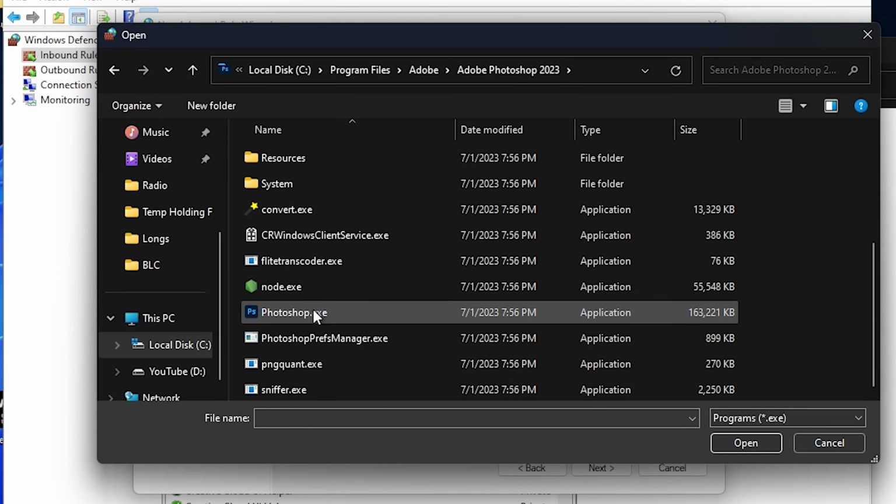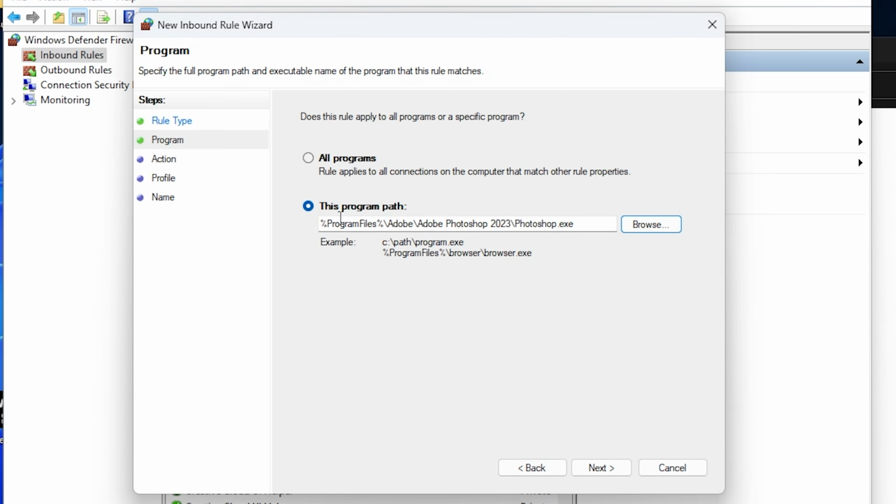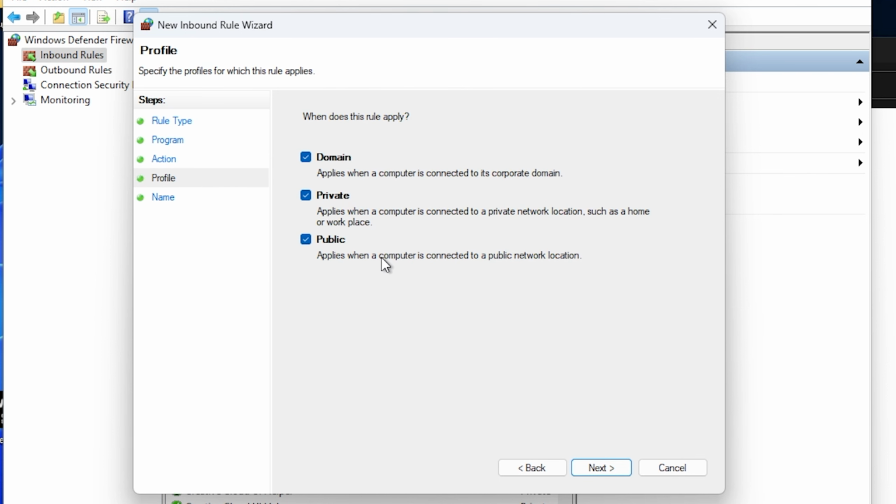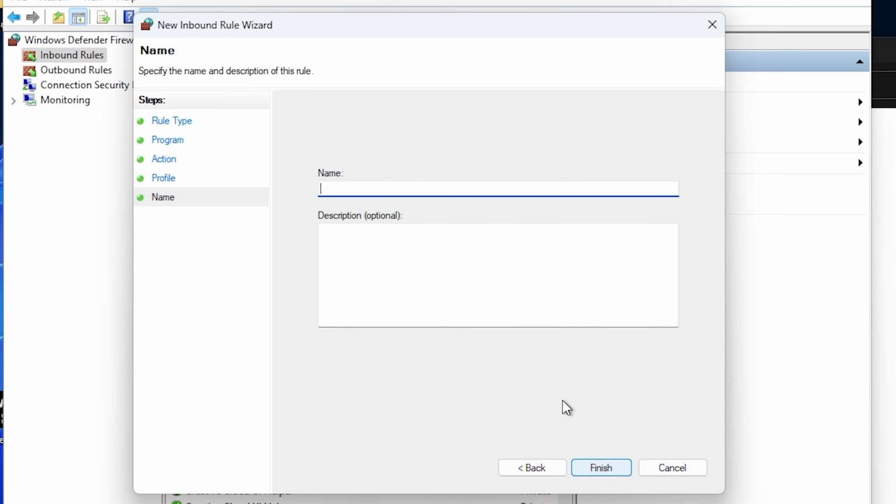Find the Photoshop or your program's exe file. Double click. It will do this. Next, you want to hit Block the connection. Next, and then you want to check all of these. Next, name it whatever you want. You call it Photoshop IB Inbound,